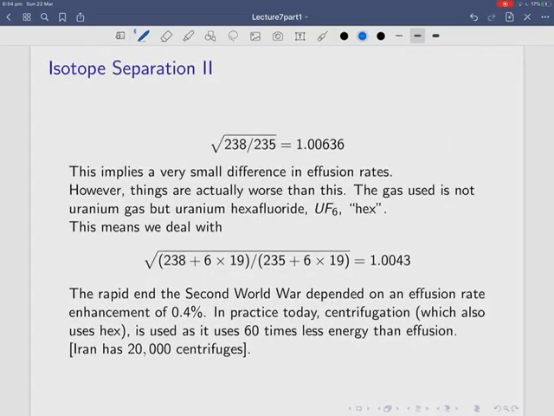Okay, so let's look at isotope separation. Let's look at the two isotopes, 238 and 235. If you look at the rate of effusion through a small hole, you will find this is the rate you get for those 2 isotopes. One of them diffuses at a rate which is 1.00636. It diffuses at a slightly higher rate than the other one. Okay. But in fact, things are actually worse than that because